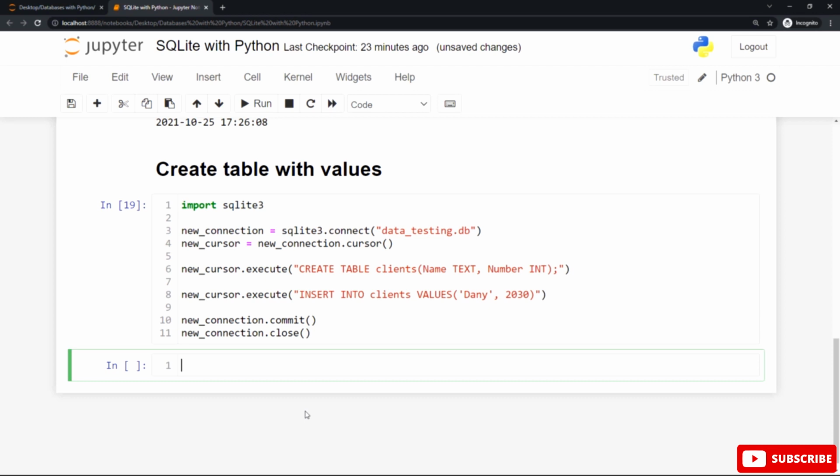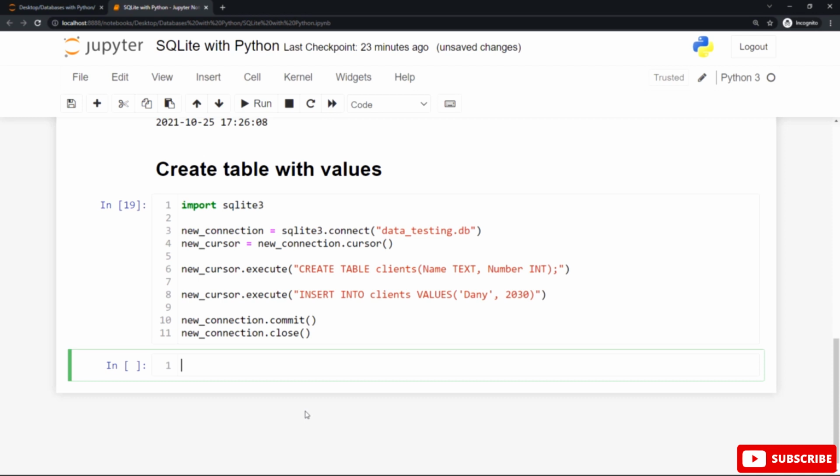Now, to execute the create table statement to create a new table called clients, use the execute function, with the new cursor, which refers to the cursor function, followed by the dot notation followed by the execute function. You can create this new table called clients by using this SQL statement, create table followed by the name of this new table.